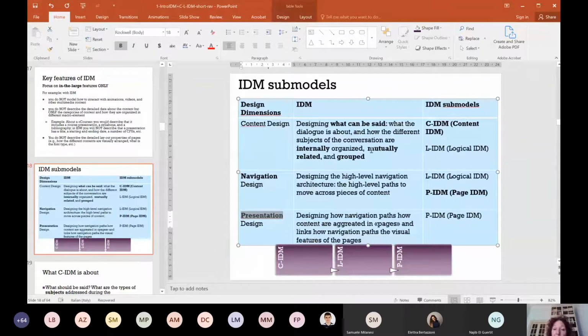How the different subjects of the conversation are internally organized, how they are mutually related, and how they are grouped. The basic ingredients. Then during navigation design, you move towards what was mentioned before, information architecture. You're trying to figure out how, starting from these building blocks, which are the basic subjects of my website and the basic relationships that I want to exploit and the basic way I want to group them, I move